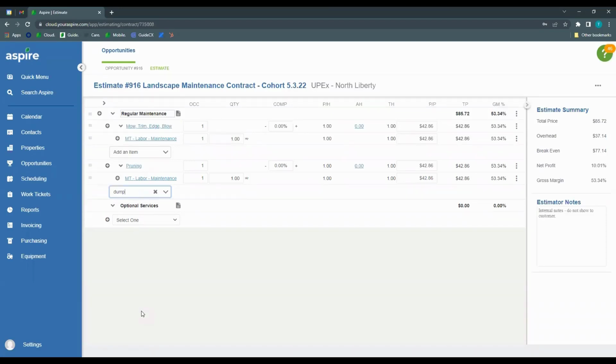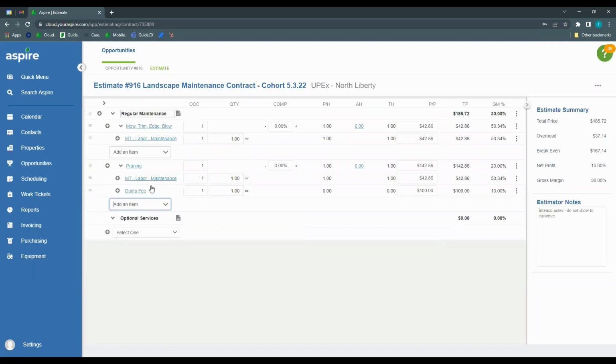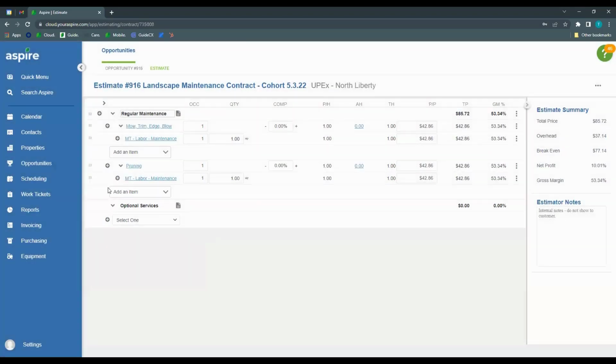If you wanted to add a dump fee to prune, for your pruning, you could add a dump fee. Say we didn't want it. If you add an item and you don't want it, you can right click in any of these white areas here. So if you right click, you have the opportunity to copy it or delete it. So I'm going to go ahead and delete it. We don't want that on there. And let's see,